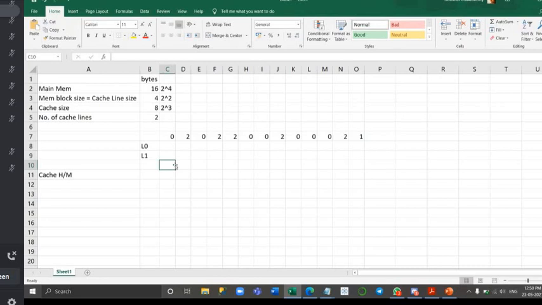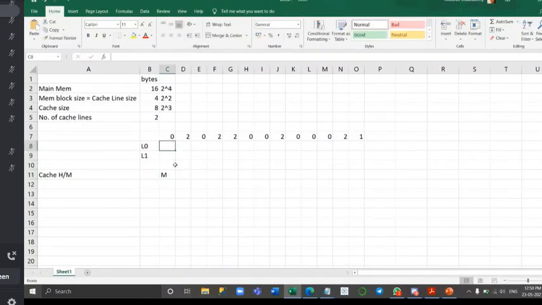Suppose you use Microsoft Word too often. Similar to that, the cache will store some frequently used instructions. So initially, when nothing has been used for the first time, the cache will be blank. The first assumption is that the cache is blank when the first address block comes in, so the first address block will be a miss.